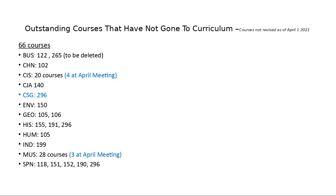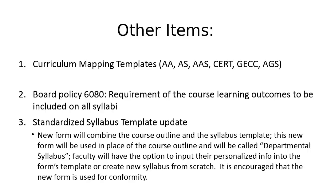And so we were making lots of progress. Faculty is doing a great job with their revised courses as well as the curriculum. The first other item I have for today is to show you what we hope to be the final curriculum mapping templates. I know that a lot have come through